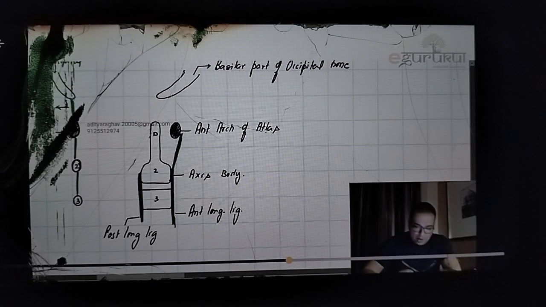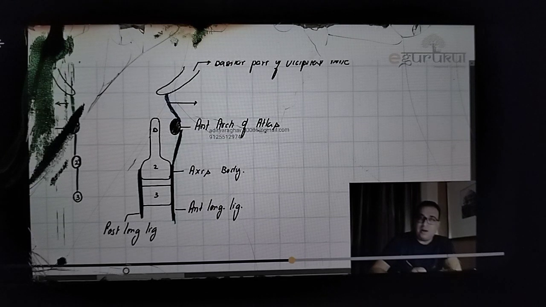Here's the point. Now, from the anterior arch of the atlas, look at this, and I'm using a different color for this. From the anterior arch of the atlas to the margin of the basilar part of occipital bone, or simply you can say to the margin of foramen magnum, there is a membrane present here as well, and this membrane is in front. The membrane behind was what? Posterior atlanto-occipital membrane. This membrane is in front. It is called anterior